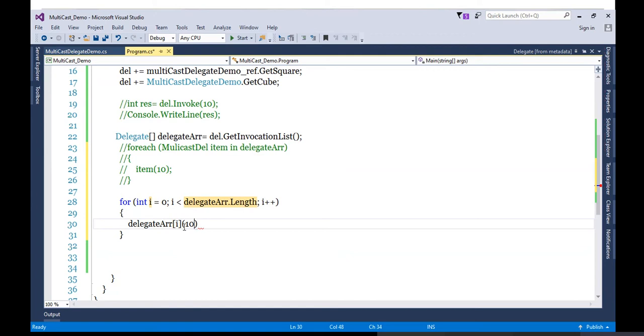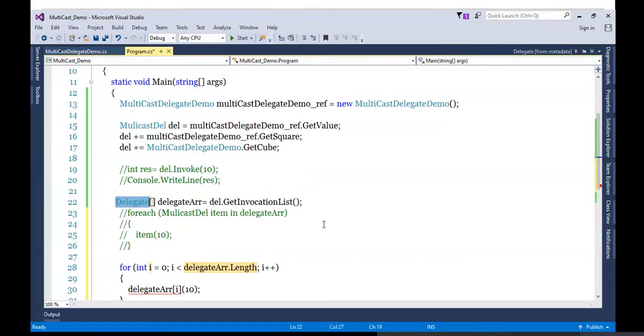Will this be possible? No. Why so? See, I'm getting an error. And it is asking me, please write the method name. Now what is the problem here? The problem is the type of this array is delegate array. And in reality, the type of each method is this one, which is MulticastDelegate.